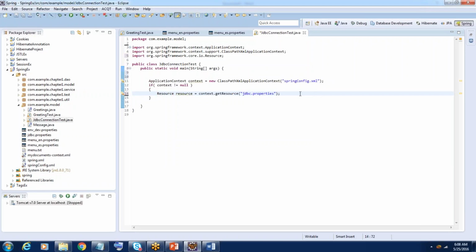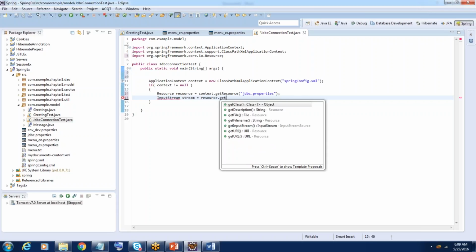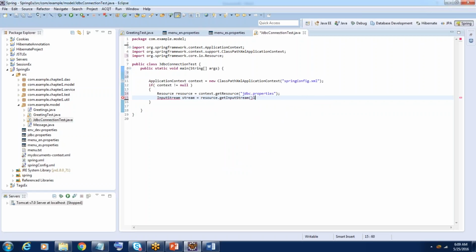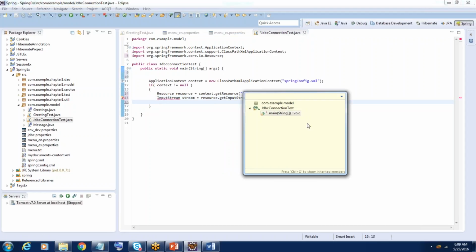Once you have this resource element, next you can get the input stream on this resource, InputStream is equal to resource.getInputStream. Once you get the input stream on this resource,